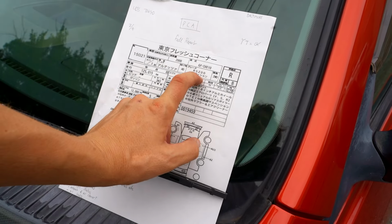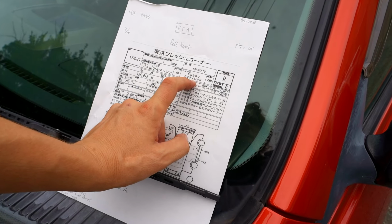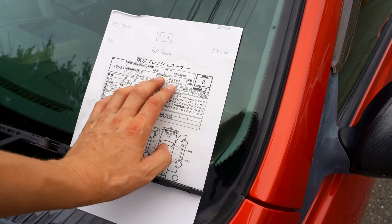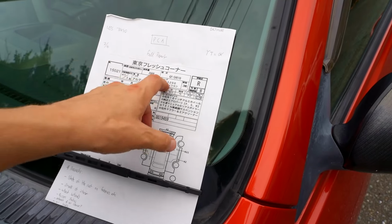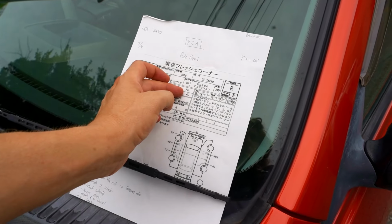Z Edition, the ones with the manuals, are the ones with the Torsen LSD in the back. So keep in mind that you have that. The LSD is generally a good thing, but it means that on a rainy day, you're more likely to slide out the back end, which is fine if you know what you're doing. Just be careful. Auction rate R, interior B, power steering, power windows, and airbag, 125, 115 kilometers, 6-speed manual transmission,